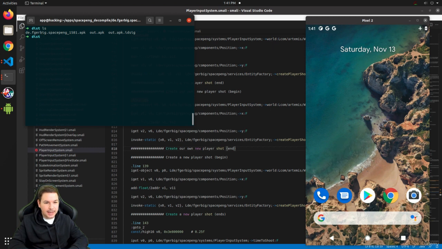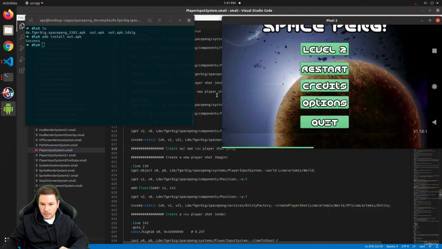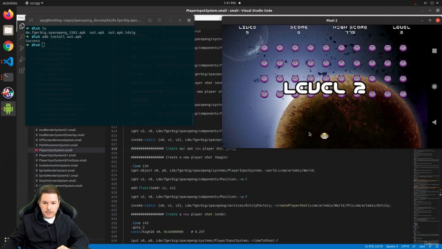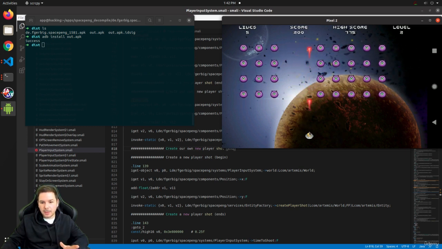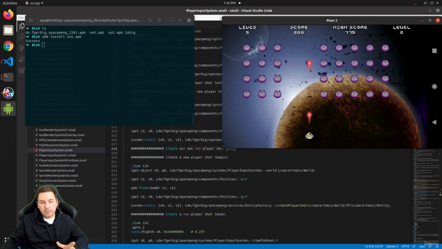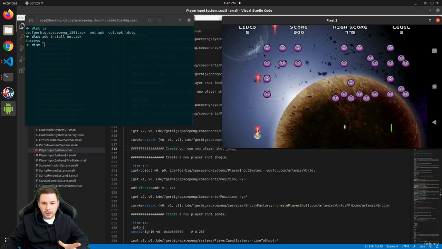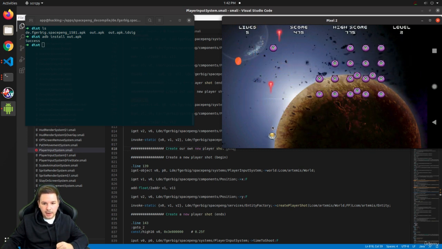I'm super excited. Let's see if this works out. So we are installing our new version. Okay, and then we are starting our version. Okay, and now we play our new version. So let's see. Okay, we've got one player shot, which might be a little bit disappointing right now, but we haven't patched our application to start with a double shot, and therefore we have to wait until a red coin appears to verify if our patch is successful. And there we have it, we've got a good RNG. Let's see, 3, 2, 1,